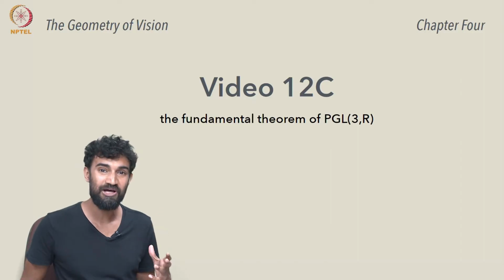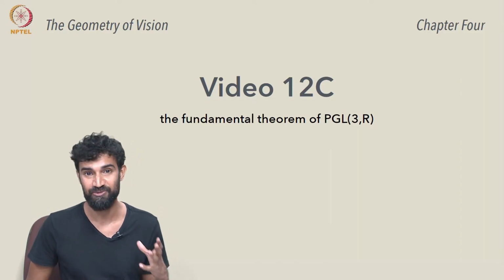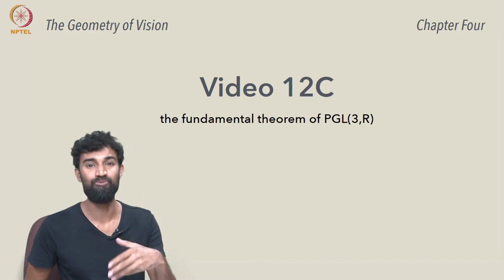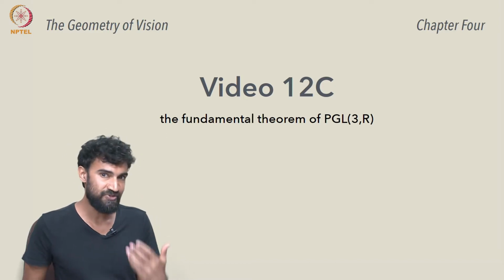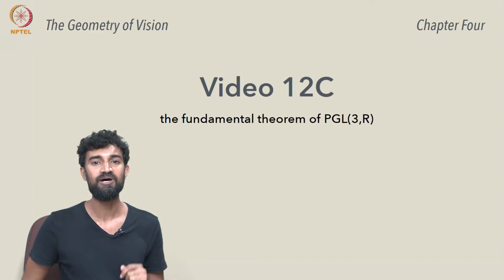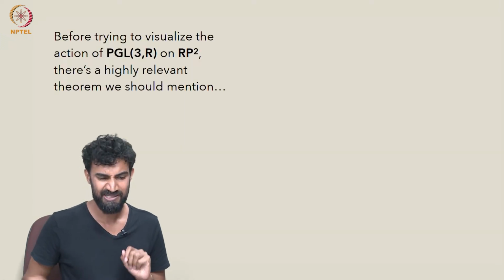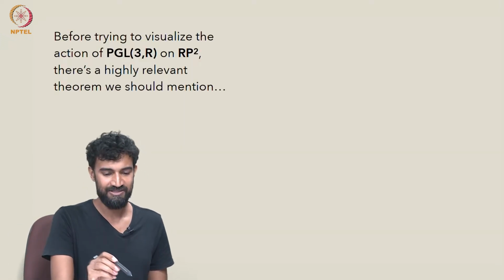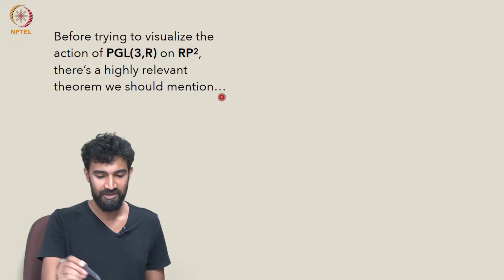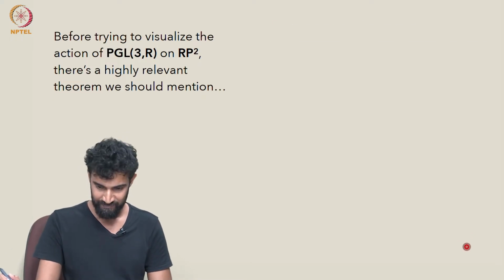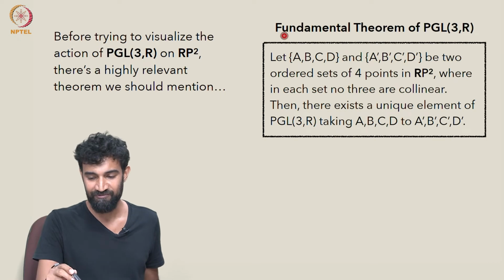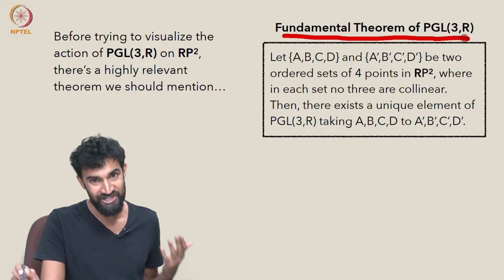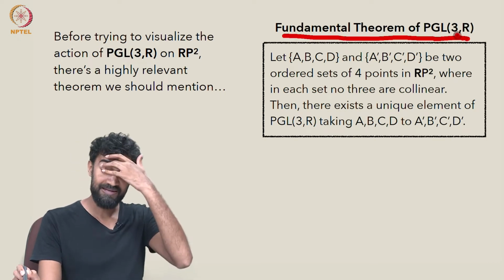So we want to visualize the action of PGL3R, that matrix group we just constructed. We want to visualize how it transforms RP2. But before we get to that, there's a highly relevant theorem that's worth mentioning, which is the following: the fundamental theorem of PGL3R. And it states that